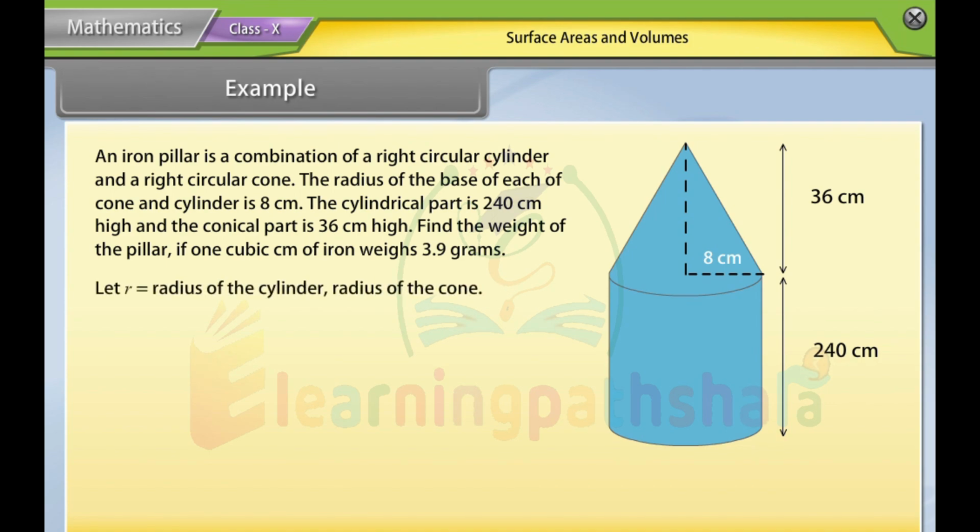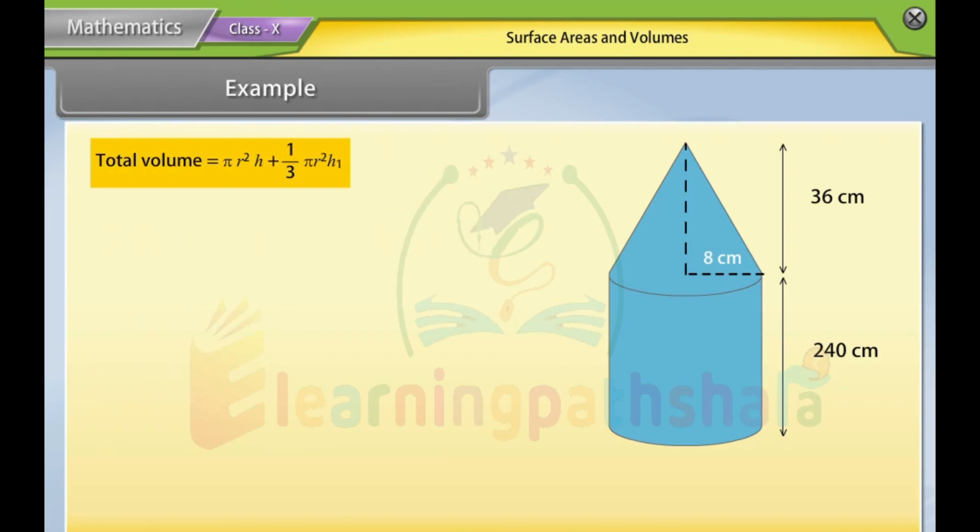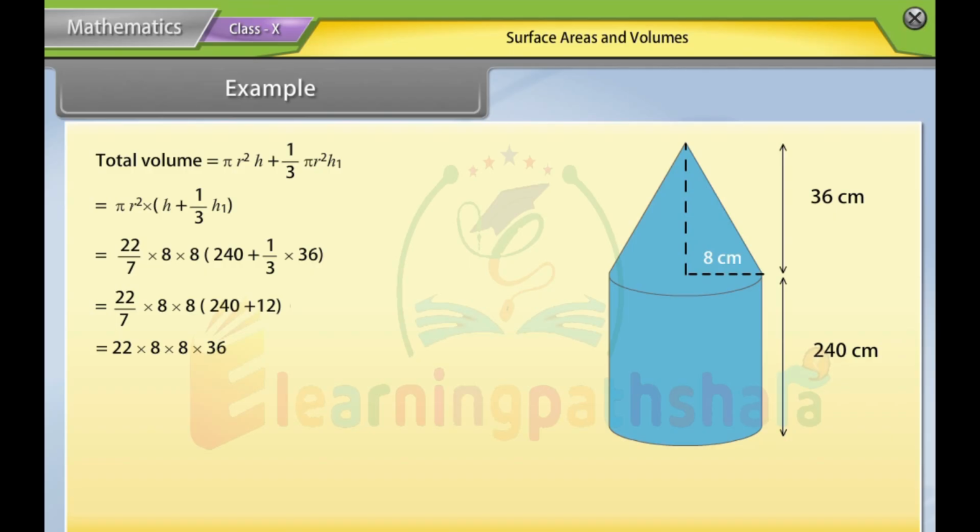Solution. Let R be the radius of the cylinder and the cone, H the height of the cylinder, and H1 the height of the cone. We know that the total volume of the pillar is the volume of the cylinder plus the volume of the cone. Therefore, total volume is πr²h plus 1/3 πr²h1. This is equal to πr²(h plus 1/3 h1). Solving this, we get total volume is equal to